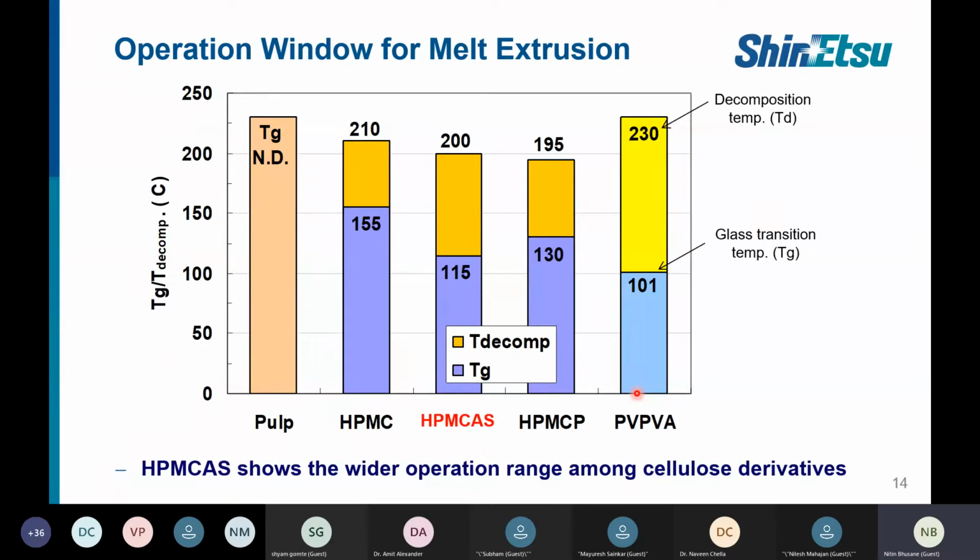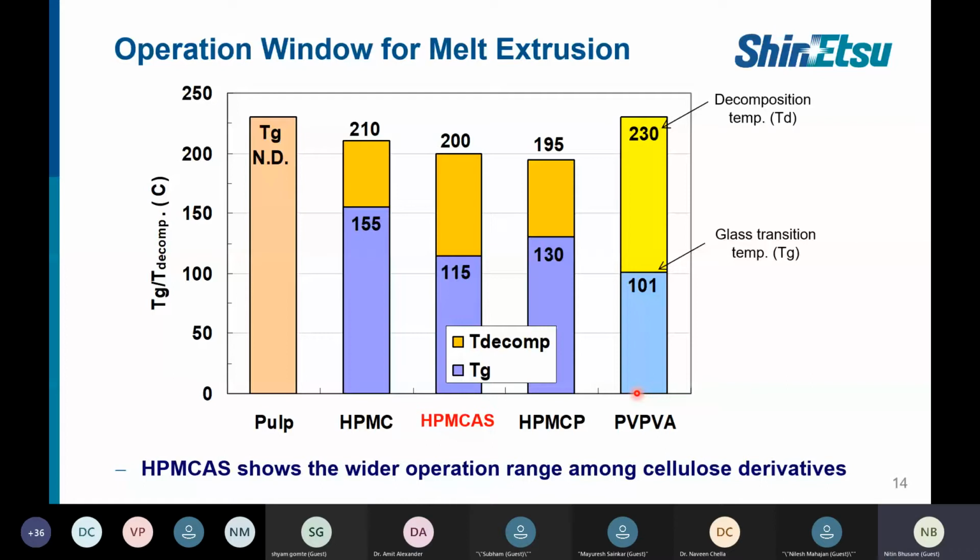But in the end, you see that the extrudate coming out is not a clear extrudate, maybe a blackish or brownish extrudate. Whether that is acceptable? So, depending on the polymer, there is an operating window you have to decide, because beyond that temperature the polymer gets decomposed. If you consider HPMC acetate succinate, as I mentioned, the glass transition temperature is around 115 or 120, but the decomposition temperature is around 200 degrees Celsius. So you have to run the HME below 200 and ideally above 115 to get a proper extrudate.